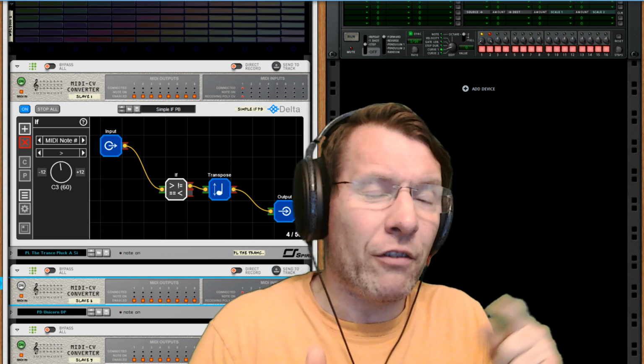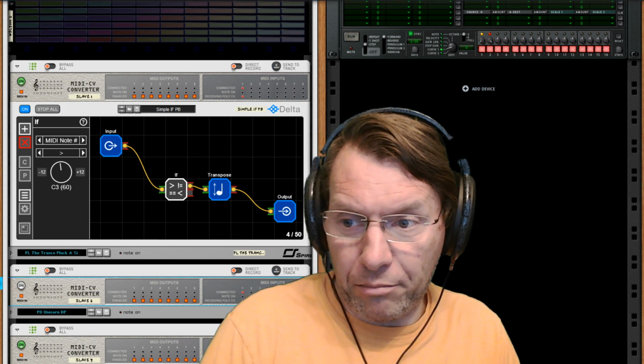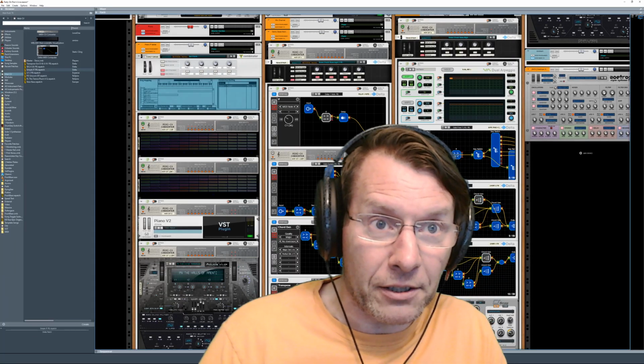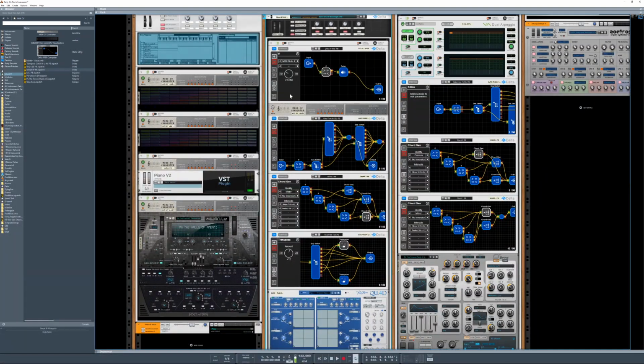So let's actually have a quick look at a bigger project, he says. I should better bring this up. Oh, there we go. And I might have to get myself disappeared out of this because I'm going to be right in the middle. So as you can see, I've actually combined quite a few different Deltas here in this particular combinator. It's a very basic sort of bass sound at the very end, but